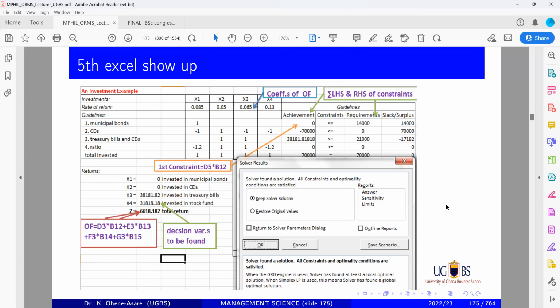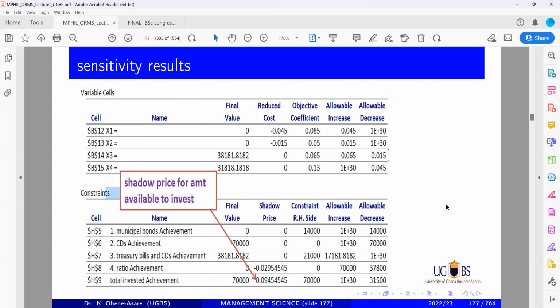In fact, the way to do it, I'll put it all here. So if you got this result, I'm highlighting it here. Okay, this result, the one I've just highlighted. If you got this result, 38181 and then 31818, if you got this result in your Excel sheet,